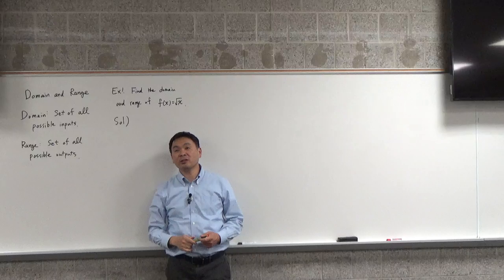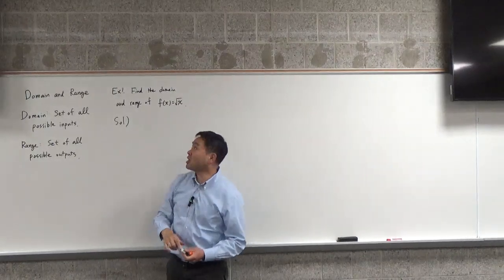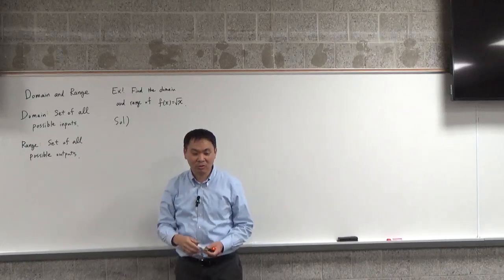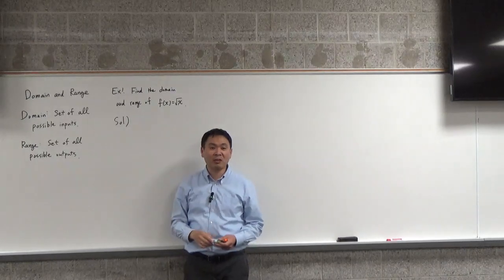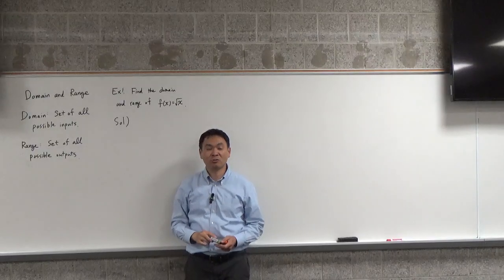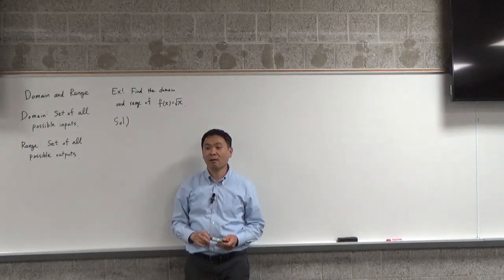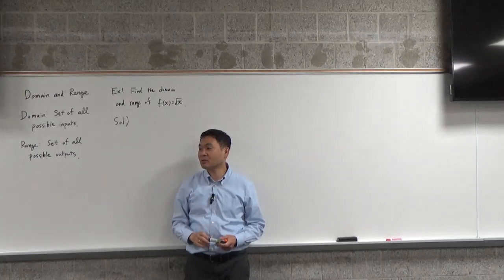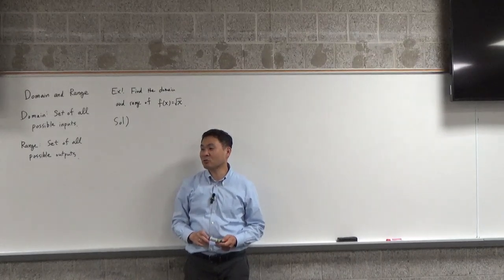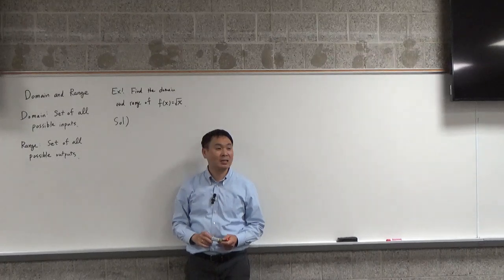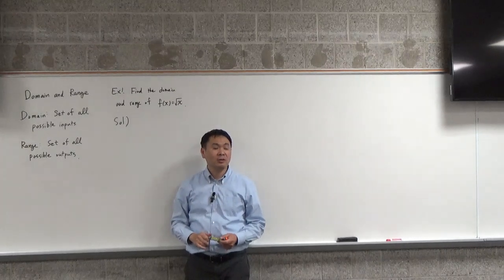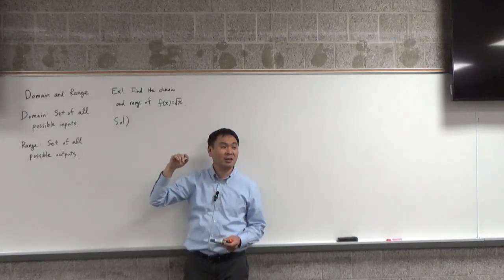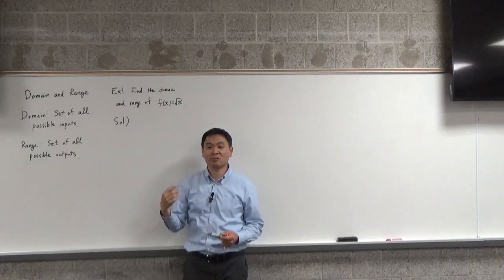And it's easier to think about what's not allowed into this function rather than to think about what's allowed. So square root of x, what's not allowed to be plugged into the square root? Do you have any idea? What are you not supposed to plug inside the square root? -1. -1, right? Well, technically you could plug in -1 and define the square root of -1 as an imaginary